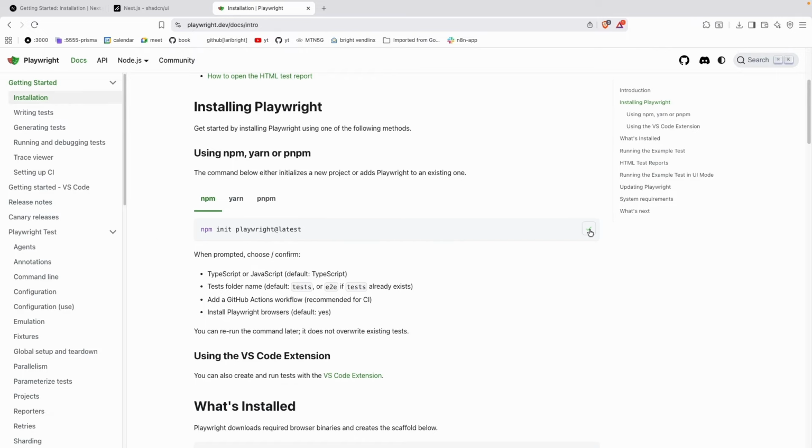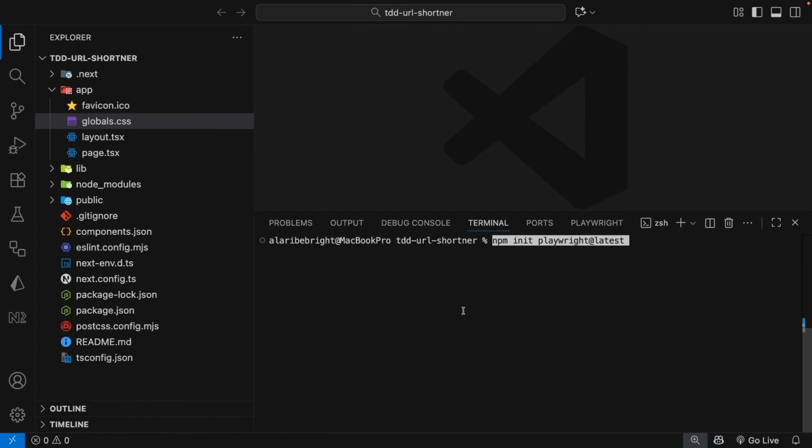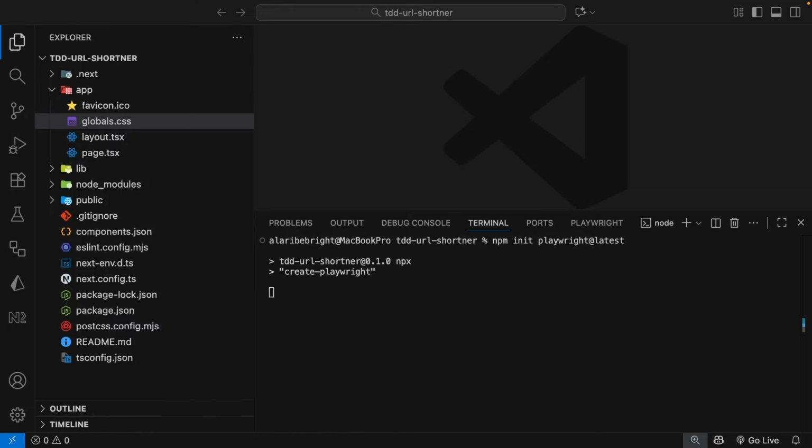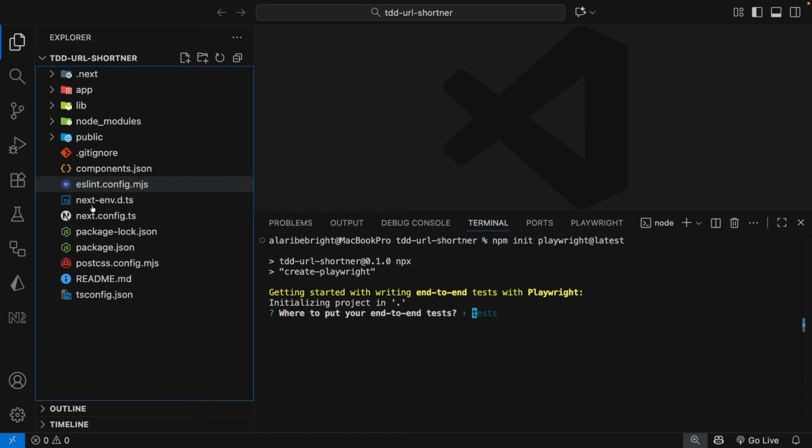So let's copy this command and come back to our project, and I'm just going to paste this command right into our project and give this a second to load. Now it asks us, where do we want to put our end-to-end test? Now for that, I'm going to create a playwright folder here. So I'm going to give it a name of playwright,